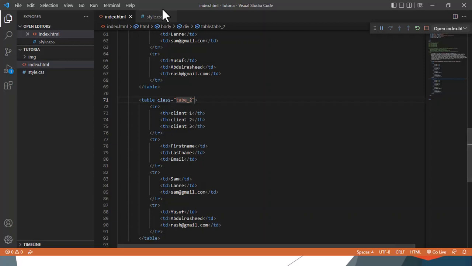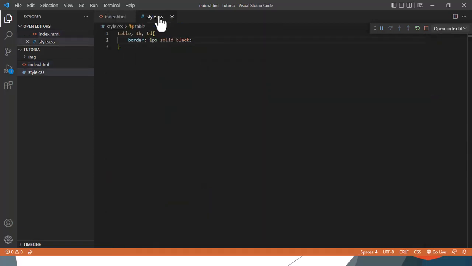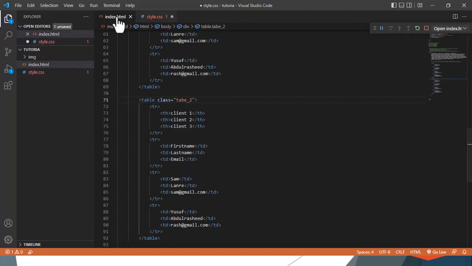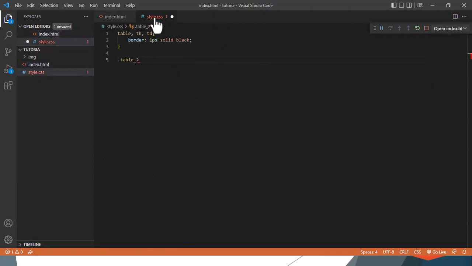So we'll go to our style.css now. If you want to style a class, you use the dot sign. Once you put the dot sign, CSS will know that you are about to style a class. Table underscore 2, is that a class there? Yes. Table underscore 2, comma,